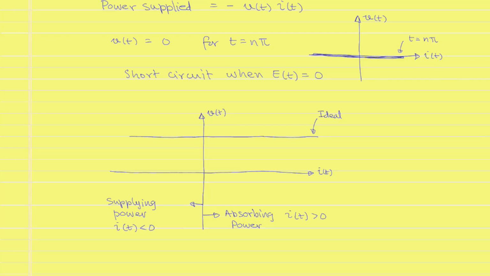An actual source has a slightly different characteristic, such that when it is supplying power, the voltage tends to drop as the magnitude of the current it is supplying is increasing, and the voltage across it increases as it is absorbing power. Normally, the value specified for the real voltage source is when the current is equal to 0, where the real and ideal voltage sources will have the same voltage value across it. A real voltage source can be modeled as an ideal source with some other elements connected to it,